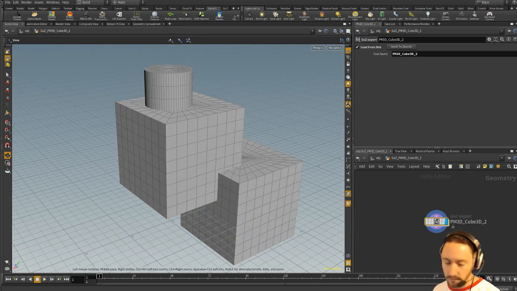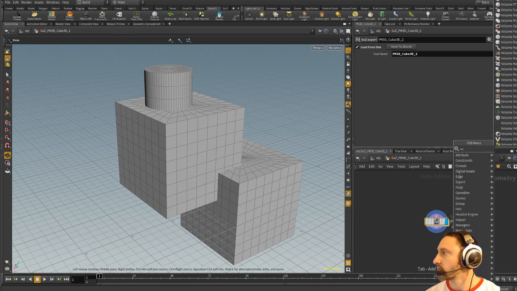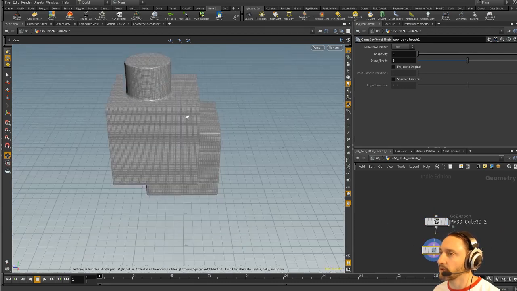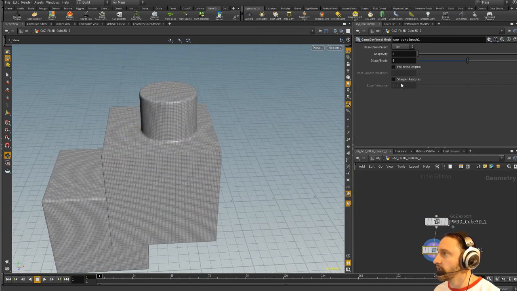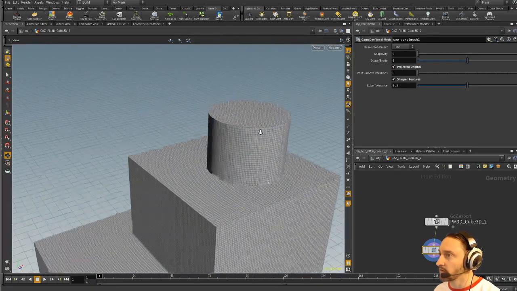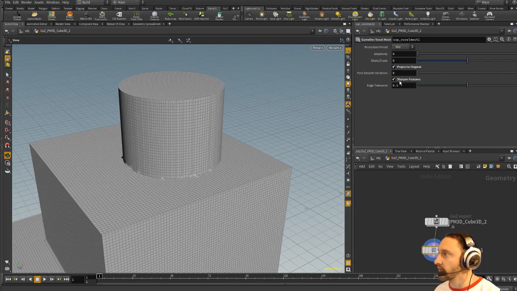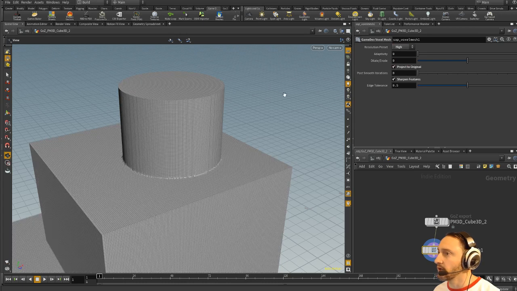So we'll go back in here, and then we'll go ahead and do our voxelize. So we can voxelize all these together, and we'll say that's visible. And now these are being voxelized. And in here, if we do that again, you can do project to original. You can see that updating on the fly, as well as the sharpen features here. As we turn on sharpen features, it's really collecting that information on the edges where we need that to happen. And resolution, low, mid, high. We'll do a high resolution